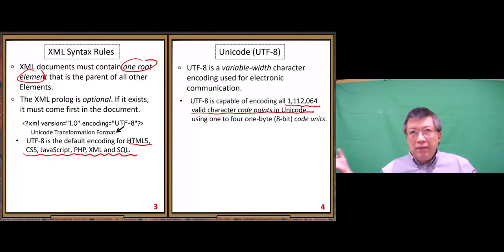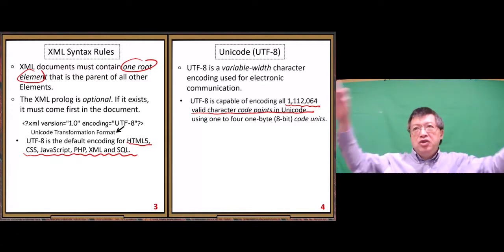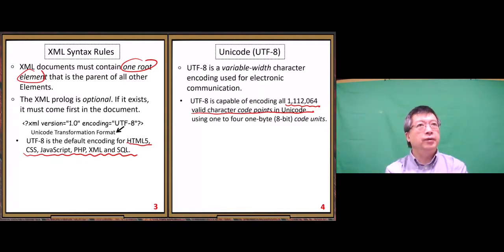So 1 million possible characters can be represented. So it can cover all the languages in the world. So enough characters. So 1 million characters. So you can think about that. Yeah. Before that,